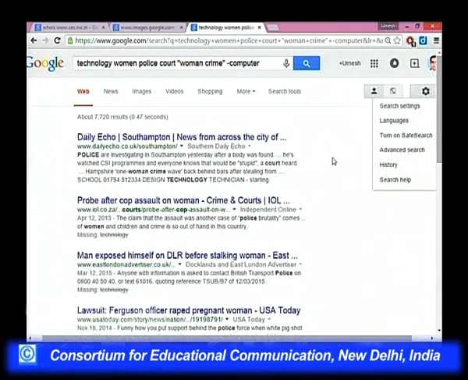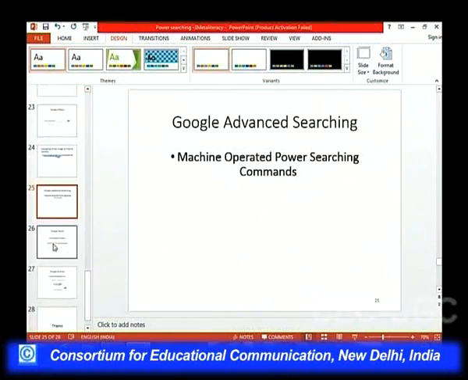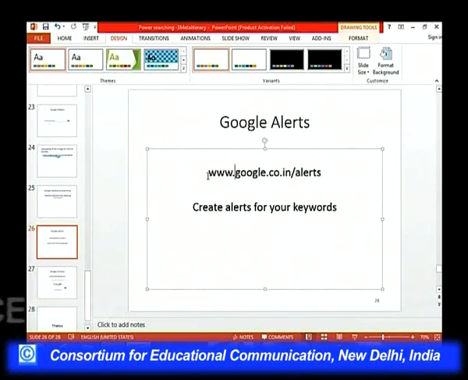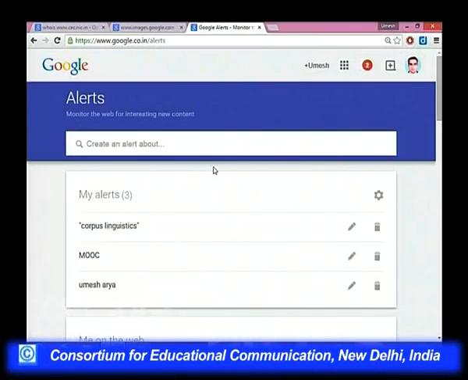So, this is one very good command, and I think this is the last one because we are running short of time. This command, google.co.in alerts, is actually a website, in the sense that if you type it here, it will show all the alerts.